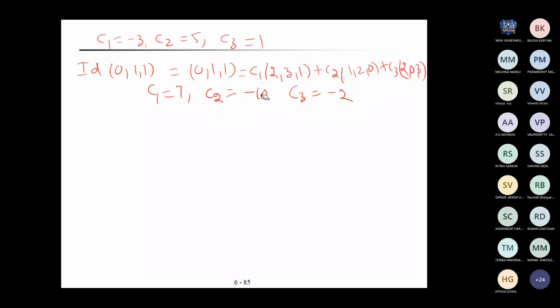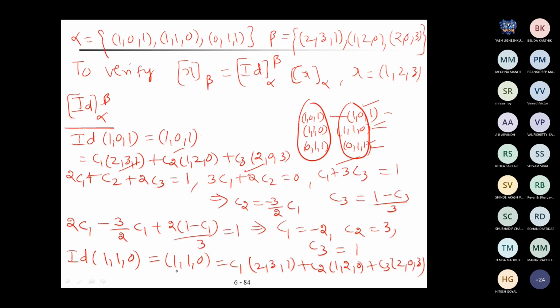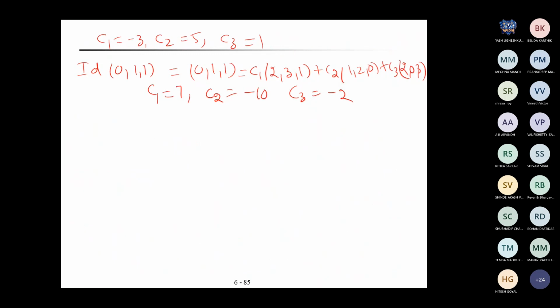C1 is given as minus 2 and here we have written minus 3. That is the previous thing; this is for the next one. For the previous one, C1, C2, C3, I have written on the top. Better just check whether C2 is minus 12, minus 10, 4, 4 minus 4. Correct, I'm sorry.